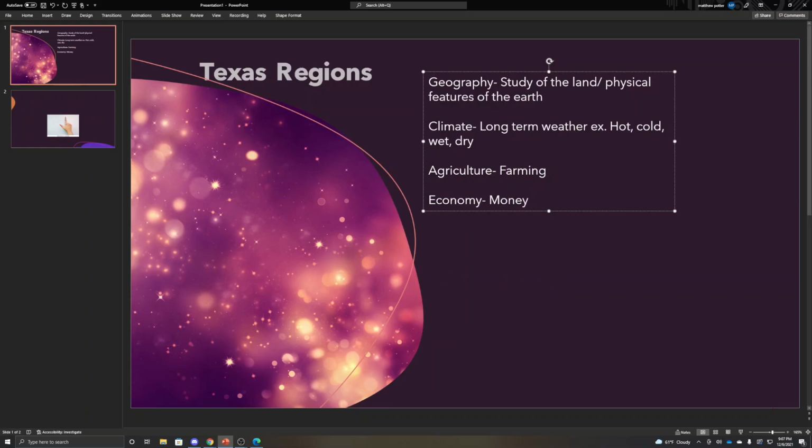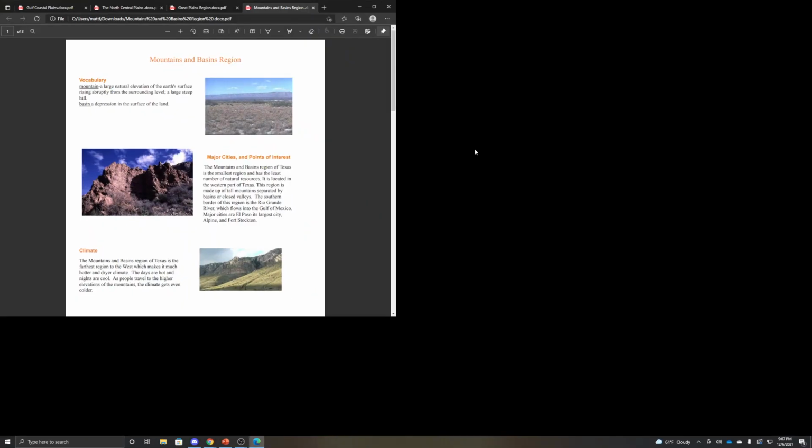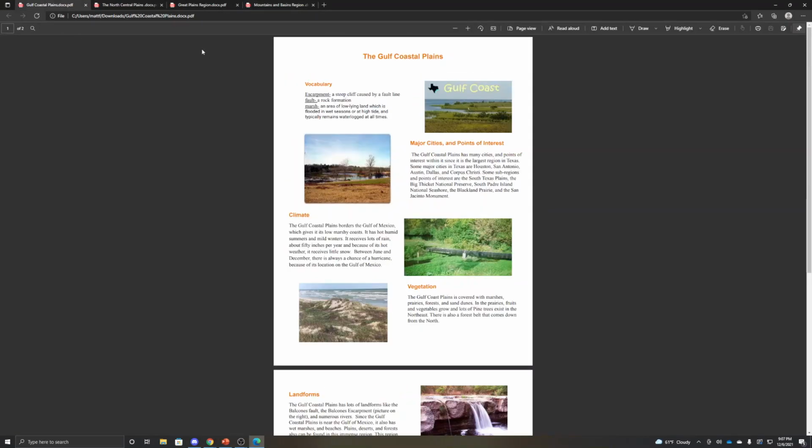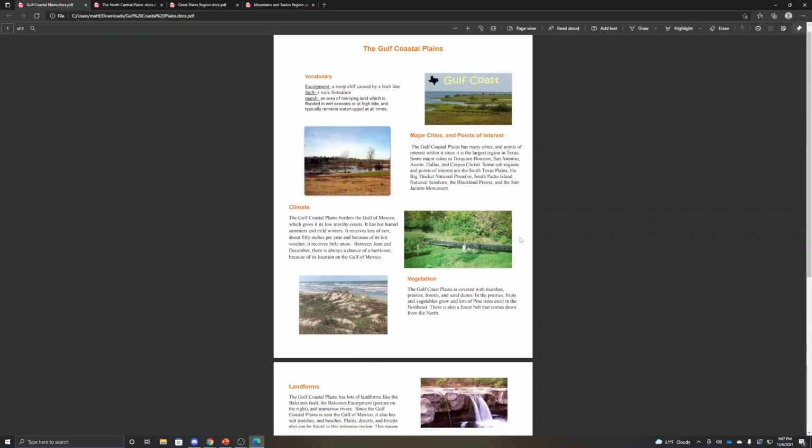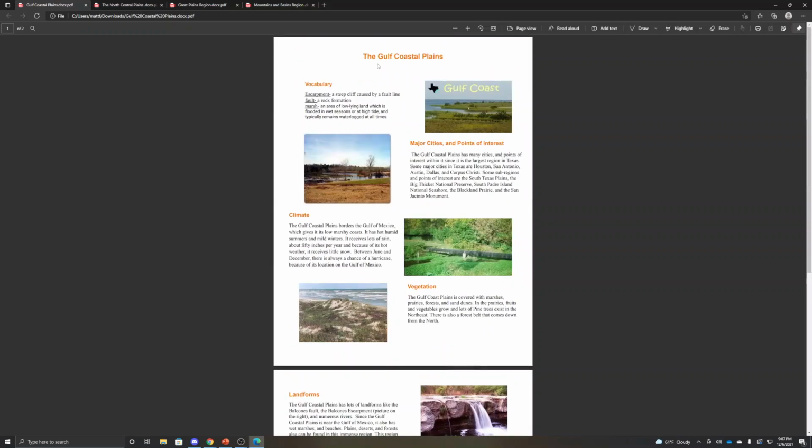So we are going to go through each of the regions. We're not going to talk about everything you see on the screen. We're just going to do a quick rundown of it. So Gulf Coastal Plains, that is going to be where we live.